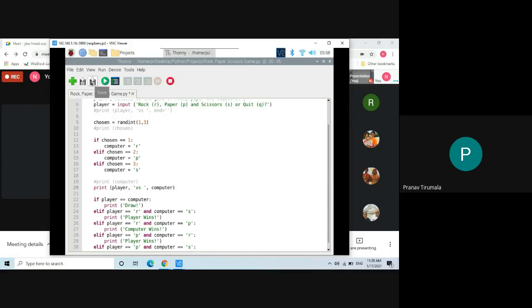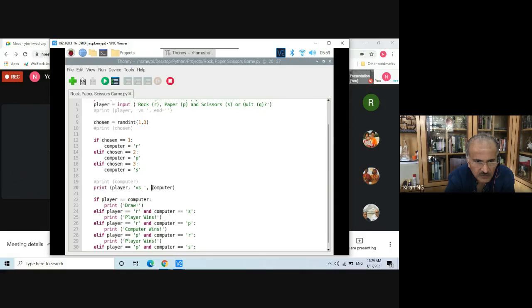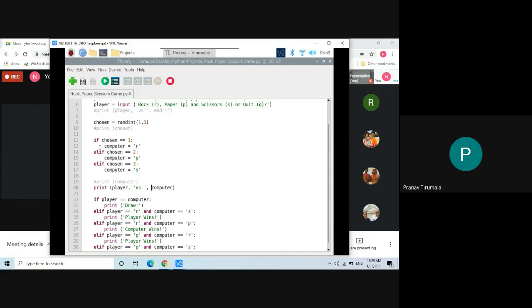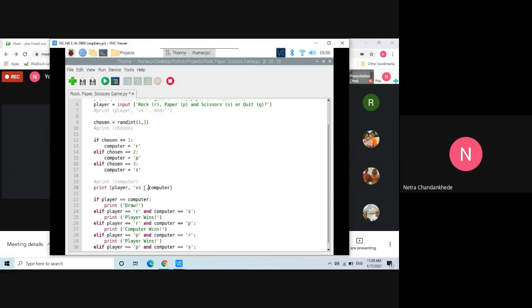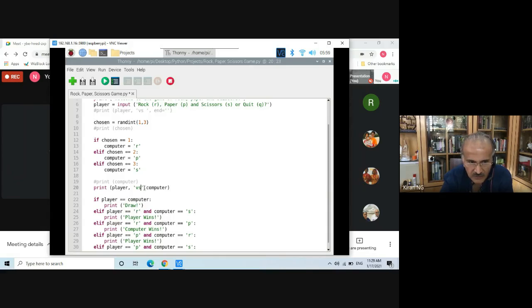So you can even take out the space in verses. After verses, there's a space. Why? The space is required, no? No, because there's a comma. The comma automatically puts a space. If you're concatenating it with a plus, then there's supposed to be a space. But if you put a comma and a space, then there'll be a double space. Okay, let's remove that. No, not that, within the quotes. Because after verses it will leave a space. Now save and run it.